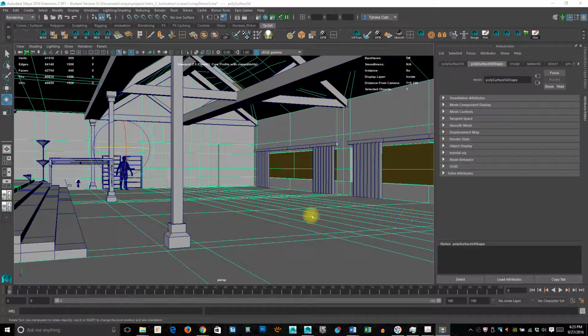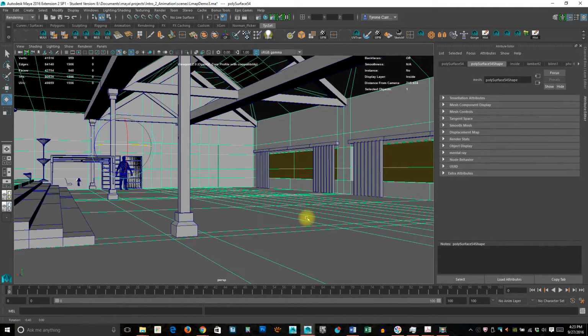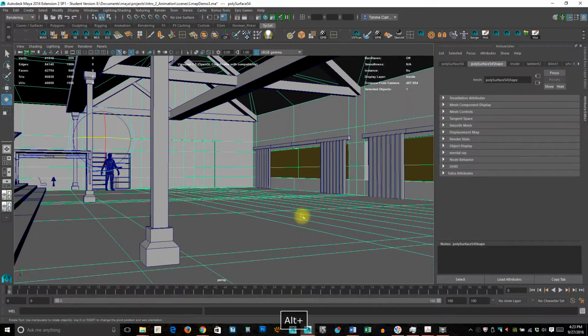Alrighty, per the request for doing a little bit of physical sun and sky to illuminate this room, this is just going to be a really quick tutorial on how to do the physical sun and sky and how to get it set up so we can get some nice lighting to fill this up. Because if I use mental ray right now,